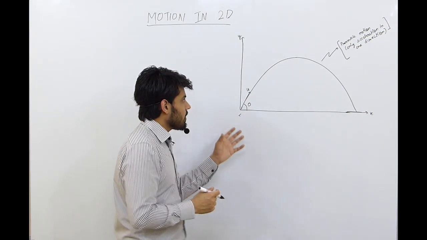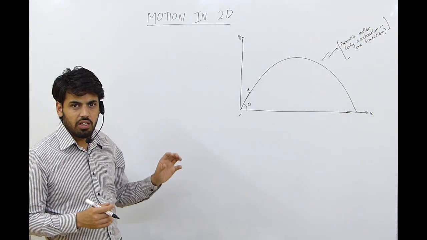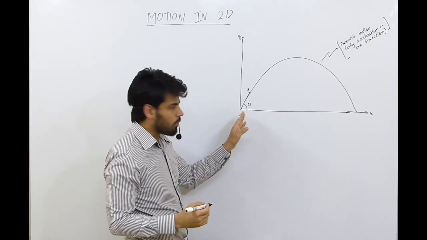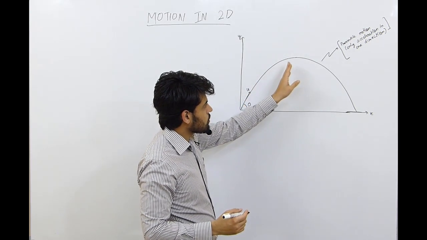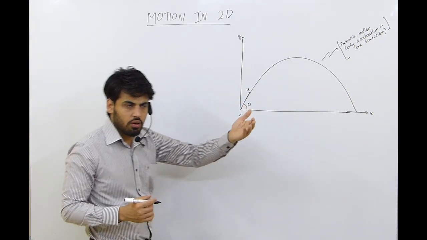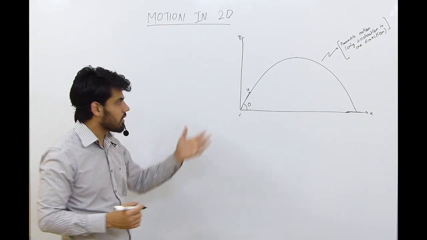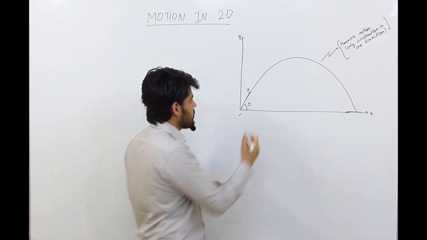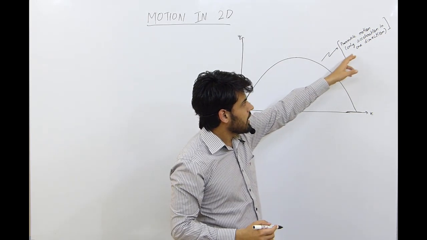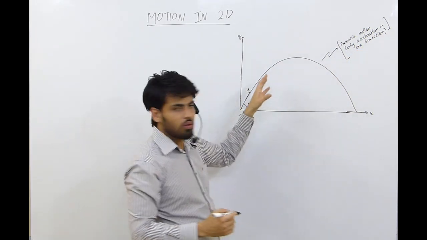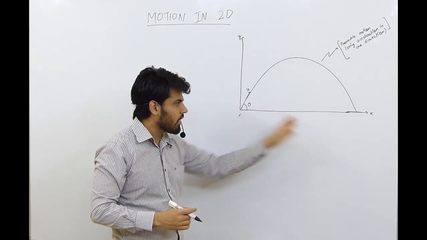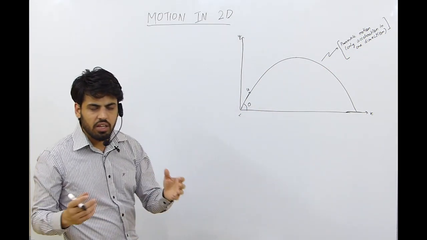So let's start with some basics of projectile motion. Any object which is thrown from a point and goes in a vertical direction again falls to the ground. Whatever thing goes up definitely has to come back. This motion is known as projectile motion because only one acceleration is acting, in one direction, that is acceleration due to gravity. In the horizontal case, like in the direction of x, we consider that there is no acceleration.